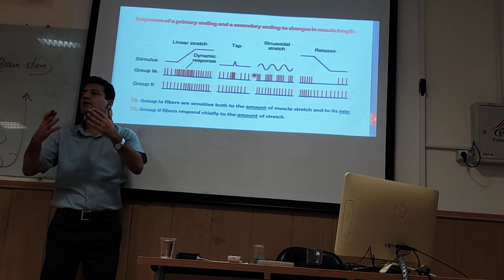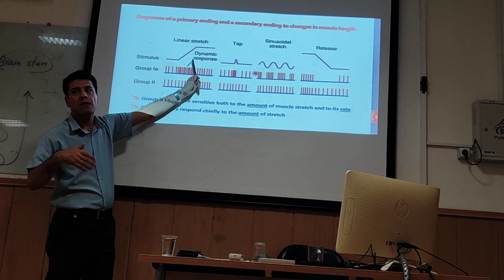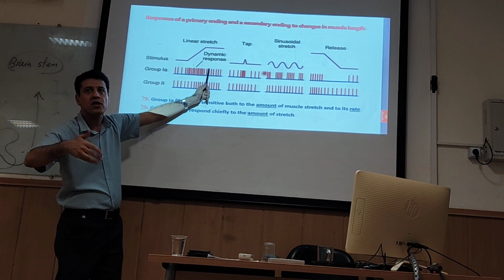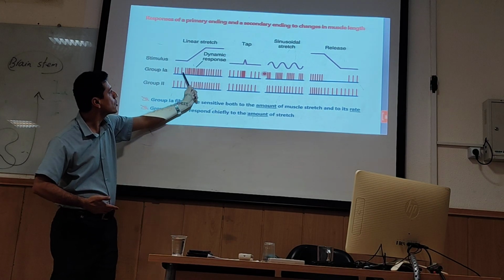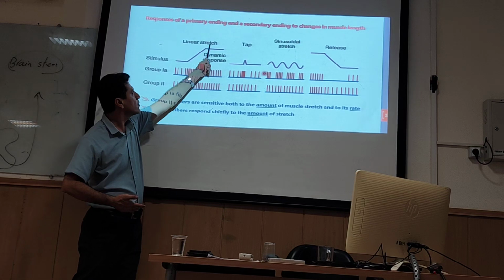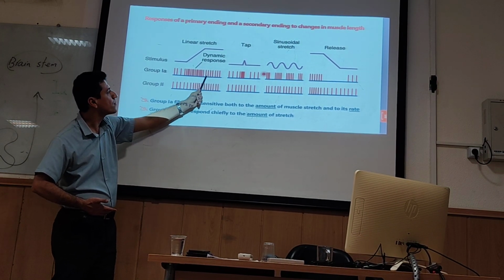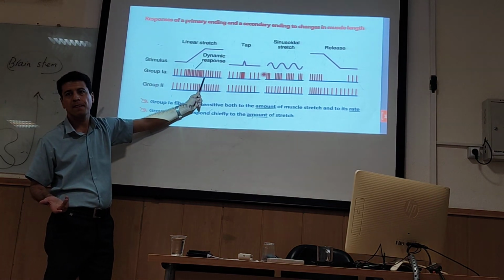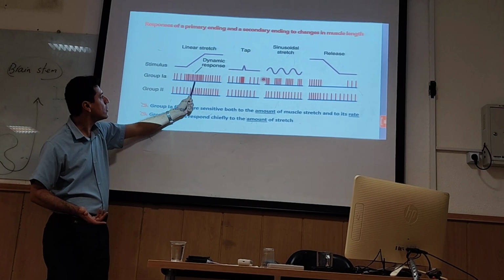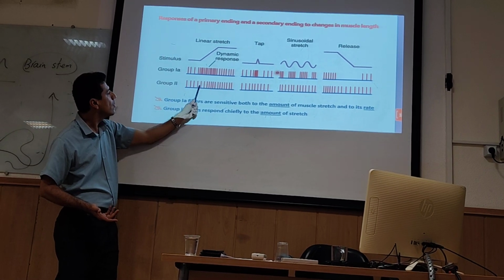So, the muscle spindle responds to the stretch. How? It generates action potentials. Action potentials that are made during the stretch are called the dynamic response. Action potentials that are generated after the stretch are called the static response. So type 1A fiber carries both the dynamic response and the static response. Type 2 fiber only carries